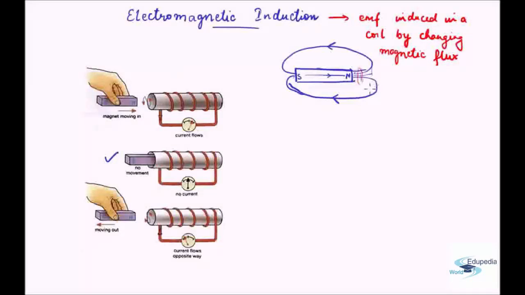Okay, and what exactly is producing the electrical energy? Obviously there is electrical energy produced here, right? So how is the electrical energy being produced? The electrical energy is being produced by conversion of mechanical energy to electrical energy. You are moving the bar magnet with respect to the coil system, and that is mechanical energy that you are inputting. The output that you are getting is electrical energy. So there is no new energy being generated, there is just transformation of energy from mechanical to electrical energy.